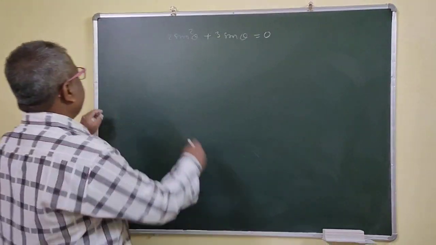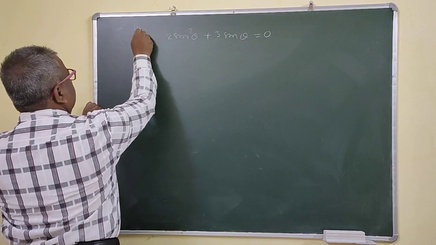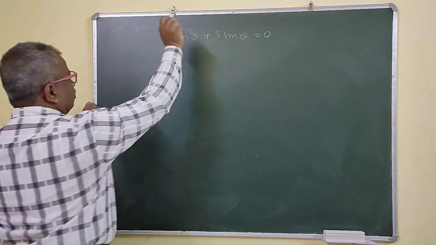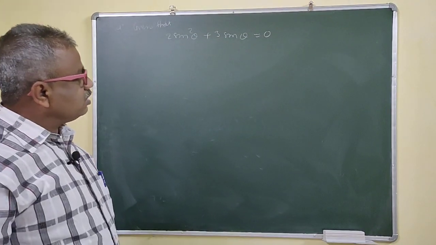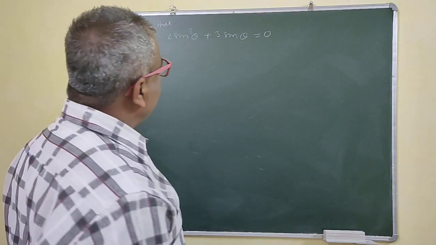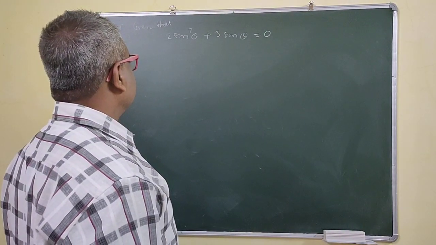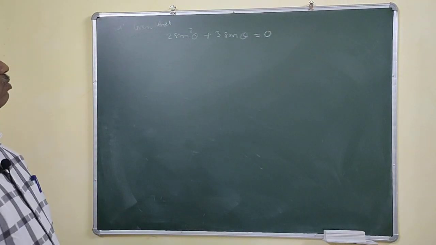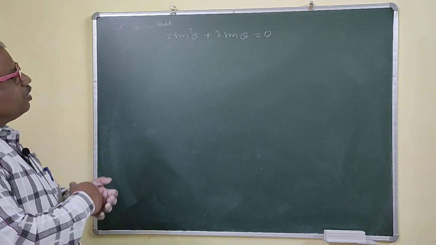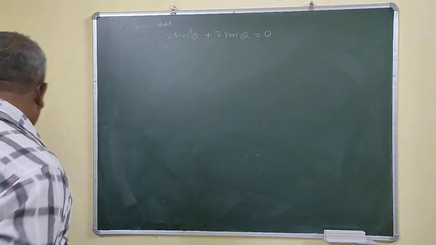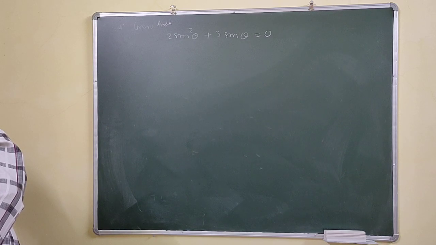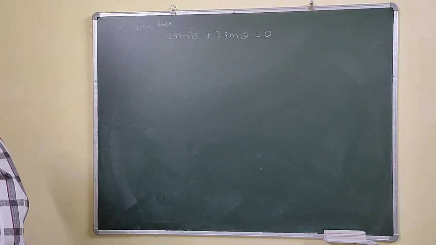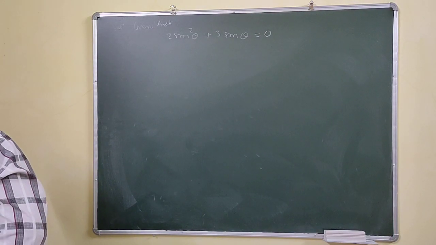Okay. Now solution. Given that 2 sin square theta plus 3 sin theta is equal to 0. So which value do you want? Cos theta, the permissible value of cos theta. So how can we obtain the permissible value of cos theta? But here 3 sin theta is given to you. This is not in terms of cos now, right?